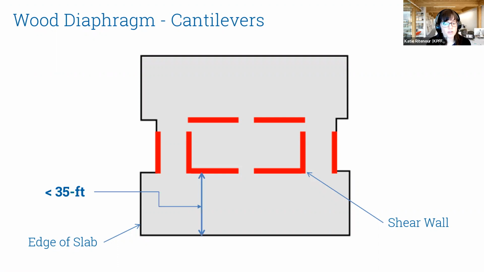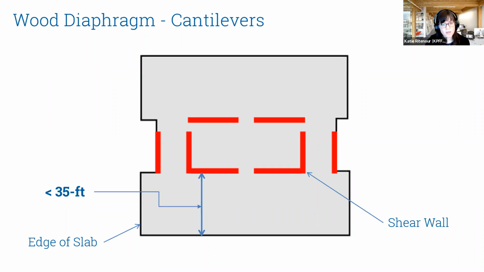Right now it has a 35-foot limit, and what that means is that your edge of slab cannot extend more than 35 feet from your lateral system. In this image, that would be the red lines that represent the shear walls. Reid will talk a little bit more about that later in the presentation